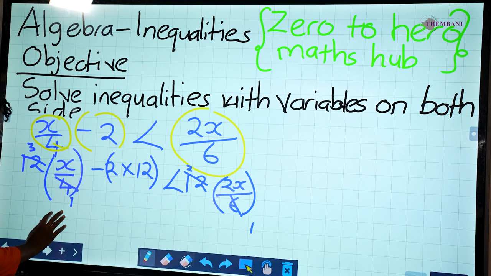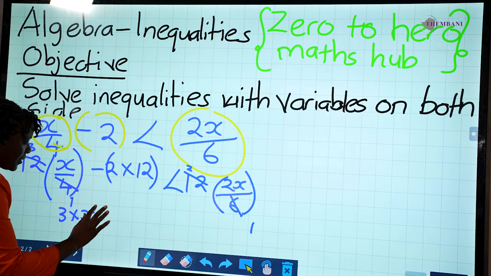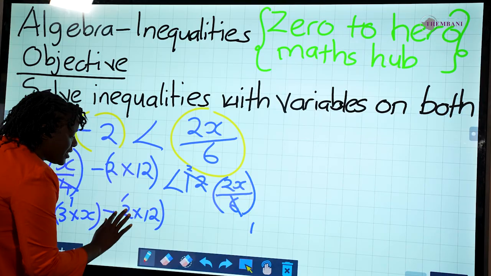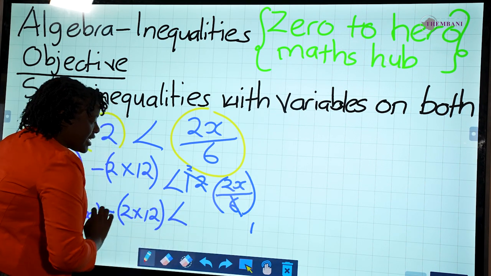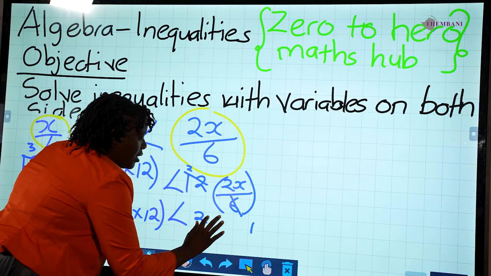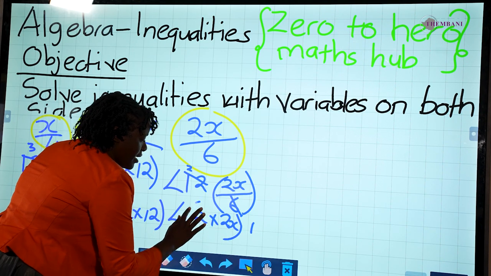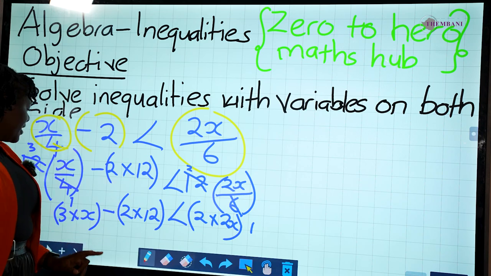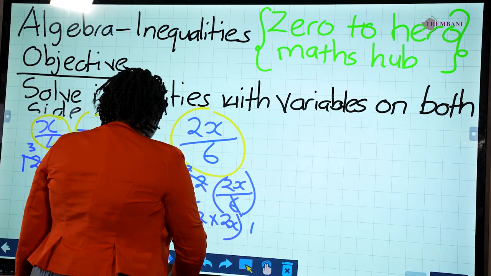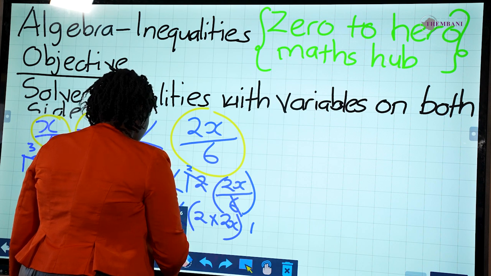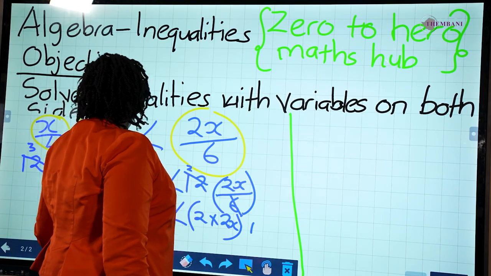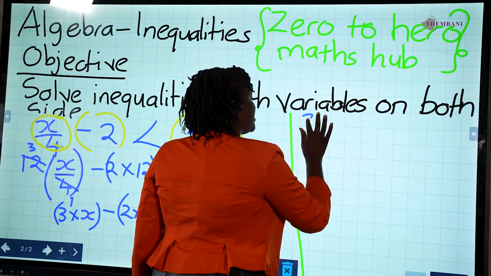So from there, we are saying 3 multiplied by x. I put that in brackets, minus 2 multiplied by 12. I also put that in brackets. This is less than 2 multiplied by 2x. This is what I now have. So I'm now removing brackets by multiplying everything that is in the brackets. So I'm dividing my board again using the green ink so that we do not confuse each other. So if I say 3 multiplied by x, I'll get a 3x